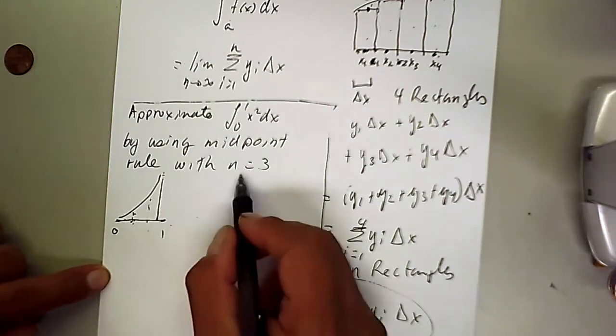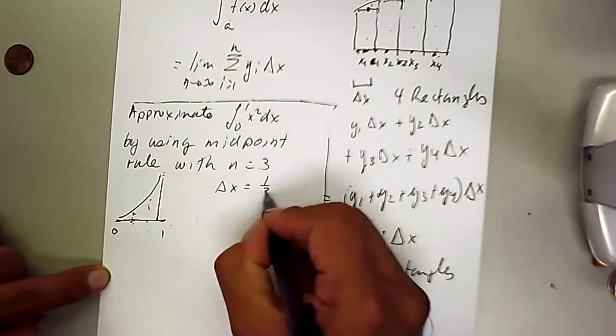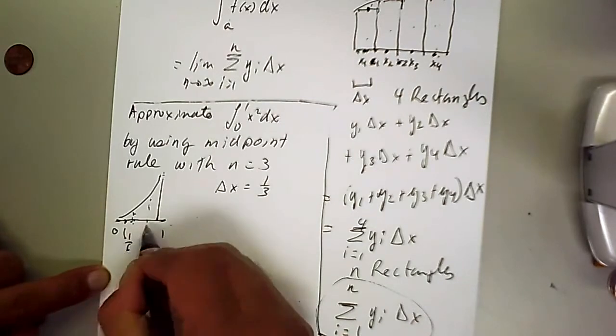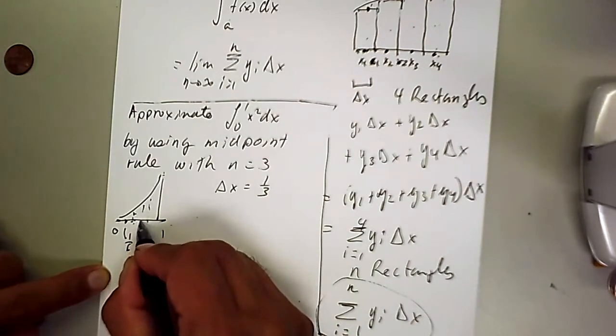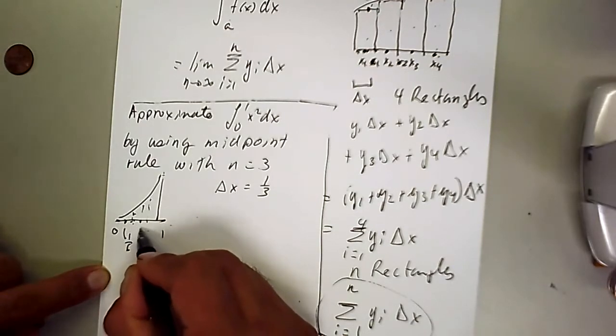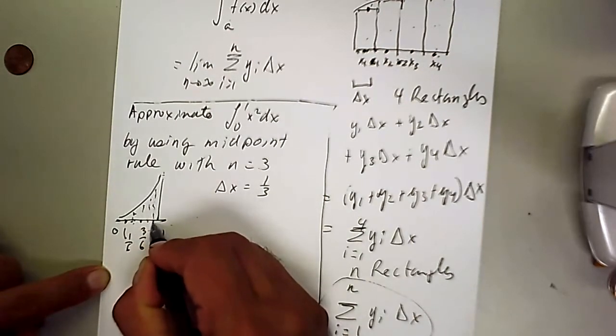So each length delta x equals 1/3. We're going to take the midpoint here, which would be 1/6. The next midpoint is going to be 3/6, and the next midpoint will be at